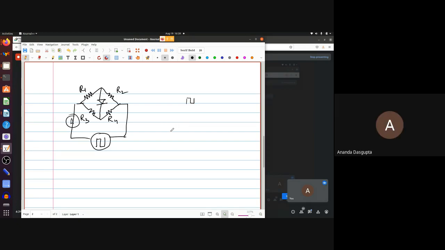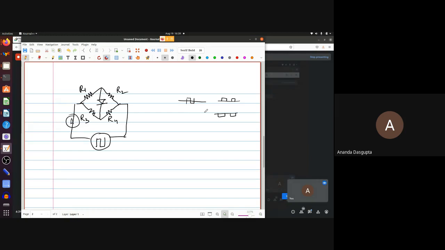So you expect to get only, suppose this is your waveform, the output looks like this. Sir, only the positive part. Or only the negative part, depending on the phase. Or only the negative part? Yes, sir. Which one? So depending upon the resistance ratios, I guess. So depending on the resistance ratios, what? Only the positive or only the negative?